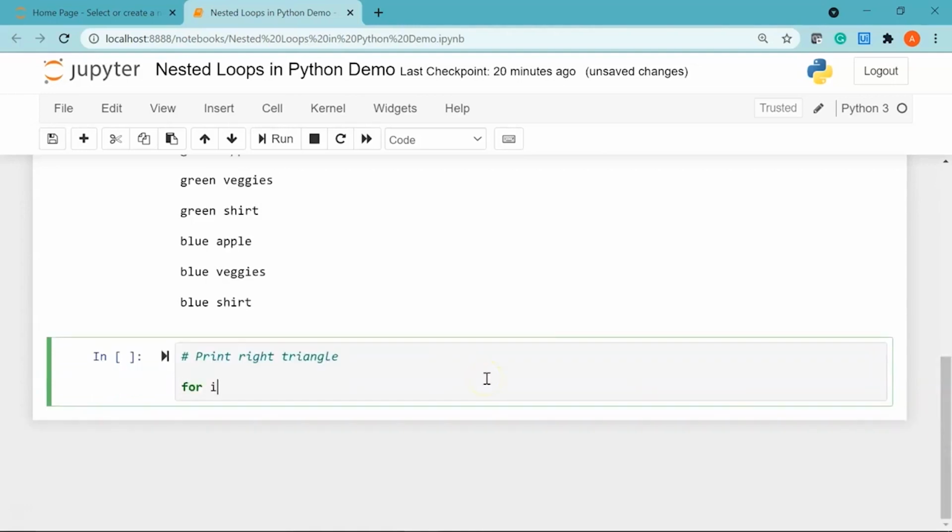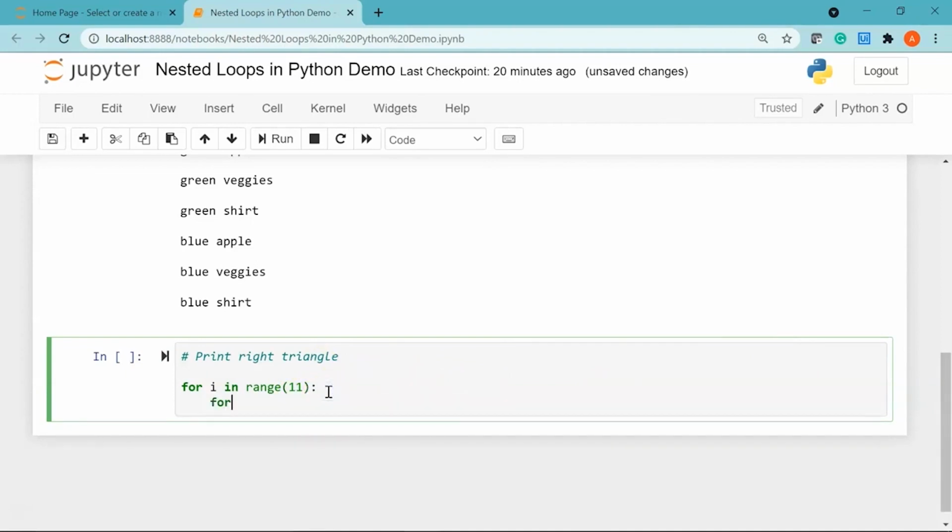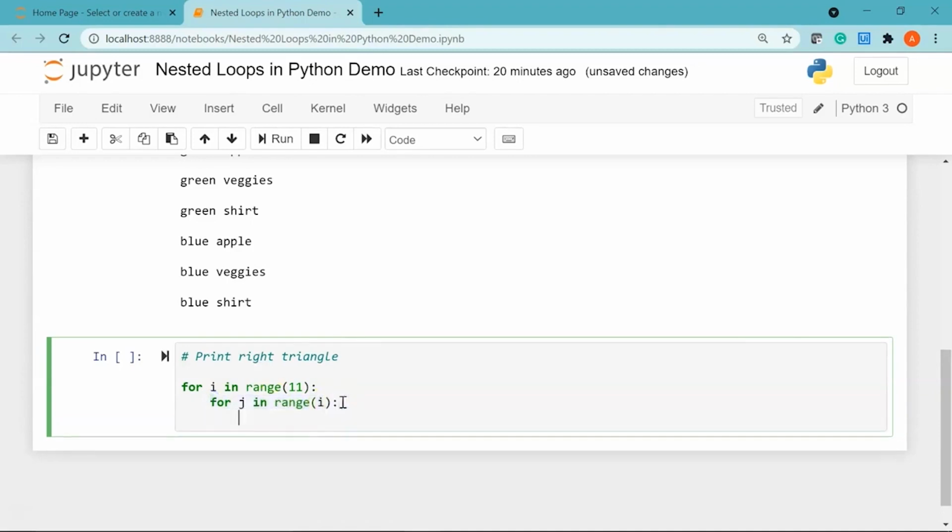I'll say for any iterator variable, let's say i, in range. I'll pass my range as 11, so it will go from 0 to 10. Then I'll say for j in range i, so this will take the number of columns.